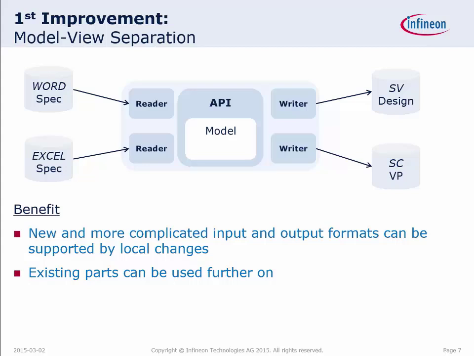You have these readers filling the API, so filling the model. And so you don't change anything on these sides. You just have another reader which reads your new format and puts it into the same data structure, the same data model. The nice thing is you really can extend this reader side, but also, once you have filled your model, so that your model contains all your data, like the connectivity data or the register data, all the bit fields, everything you need in your output code,